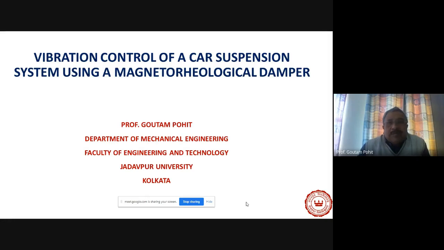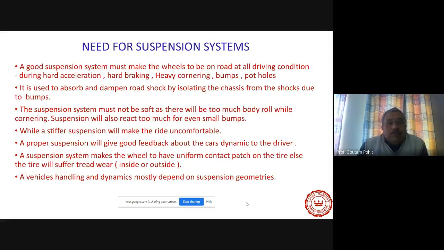Vibration control is a very big thing. Now, what I want to do is explain what a magnetorheological damper is, what its applications are, and how we can model it for further analysis. So those aspects I will touch upon. Now, before that, though this workshop is on electric cars, any electric car cannot avoid a suspension